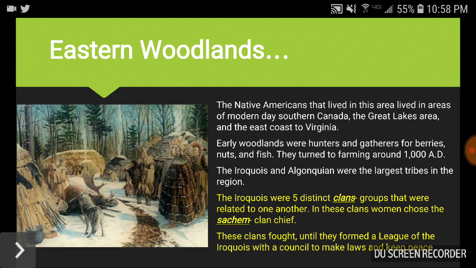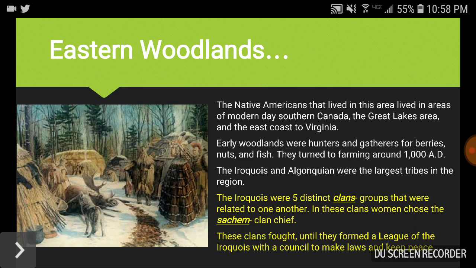Kind of like in Black Panther when T'Chaka and M'Baku are fighting for ownership of the king. That's essentially what these 5 different distinct Iroquois clans were trying to do. But what they realized, kind of also like in Black Panther, when M'Baku realizes, man, I need to help T'Challa, these clans realize that they can't fight against each other and they have to work together in order to create a unified government or a unified tribe.